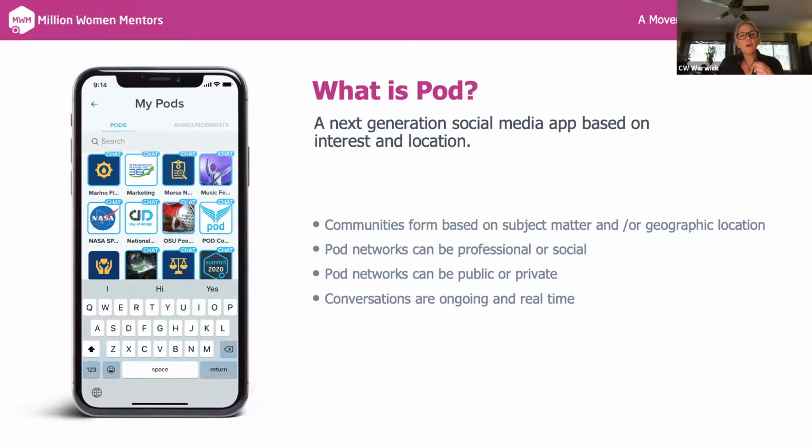But pods are really communities based on subject matter or geographic location. So you can think of them as groups, as forums, as ways to have immediate conversation with other people around a very specific topic. They can be professional or they can be social. If you go out to Pod today, you'll see all kinds of pods around professional groups, industry groups.